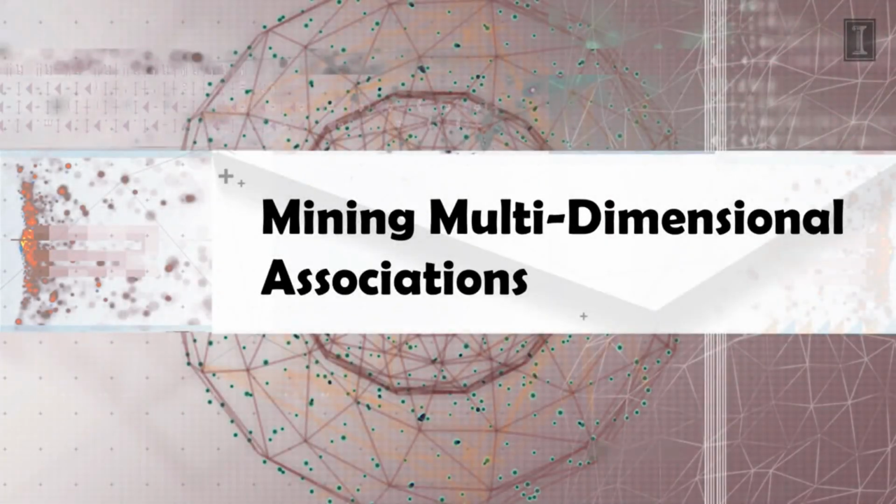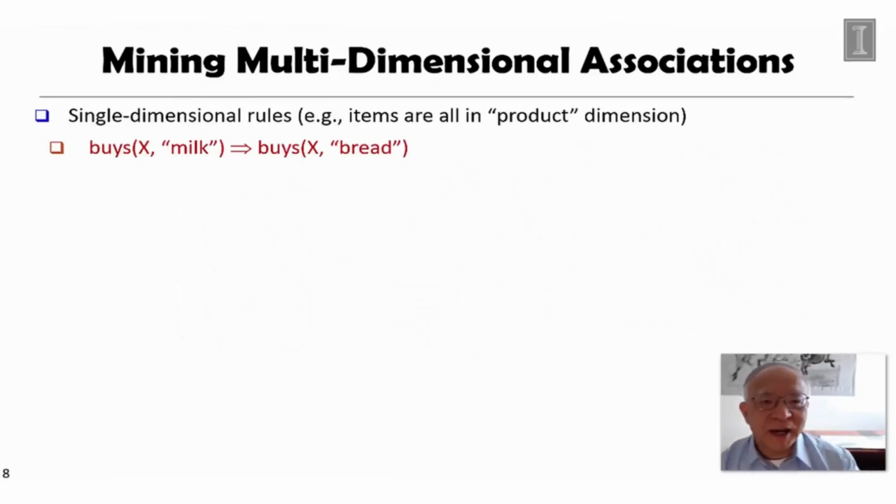Now we come to another interesting issue, mining multi-dimensional association rules. Sometimes the items or the things we want to mine are actually sitting on multiple dimensions. The single-dimension rule we studied, for example, X buys milk, then X buys bread. Milk and bread both are from the same kind of dimension called product. But